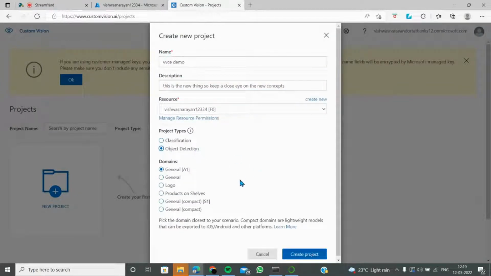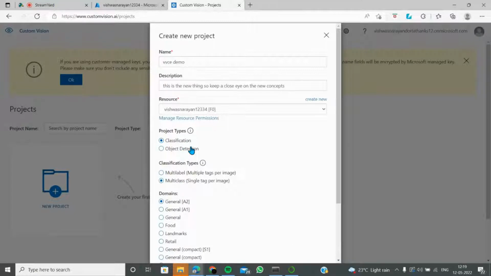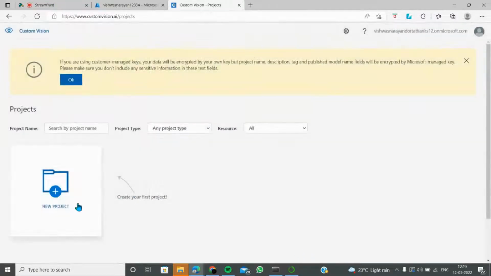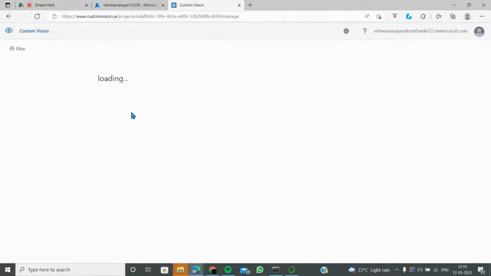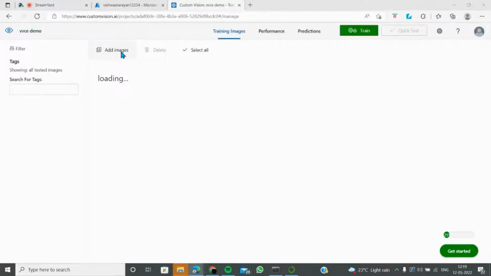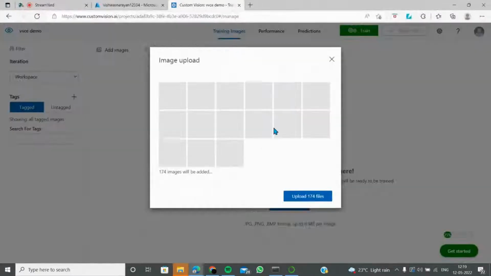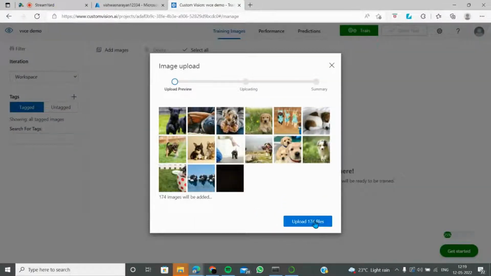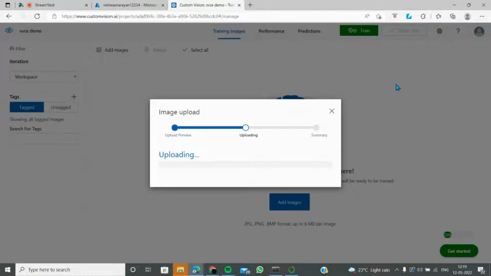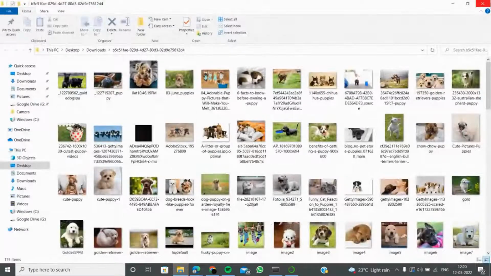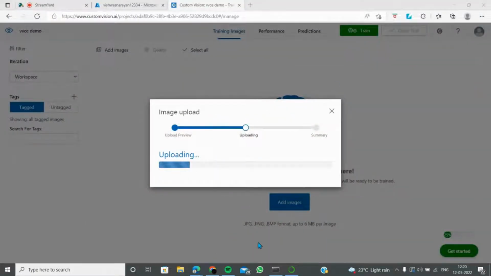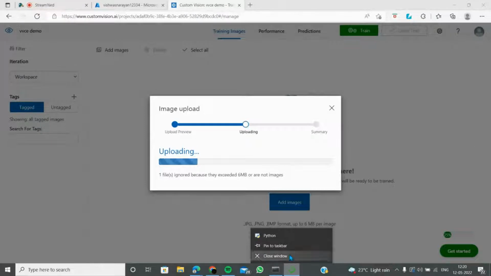That's what we do. You can just look at all these. So object detection can also be done, and I'll be doing object detection. So don't worry about that. Of course this will load a new project. I can add images. I can add as many images as I want. Yes, uploading 174 takes time. This is happening real time, folks. I'm just giving you a demo in real time, so it will take some time, so don't worry.